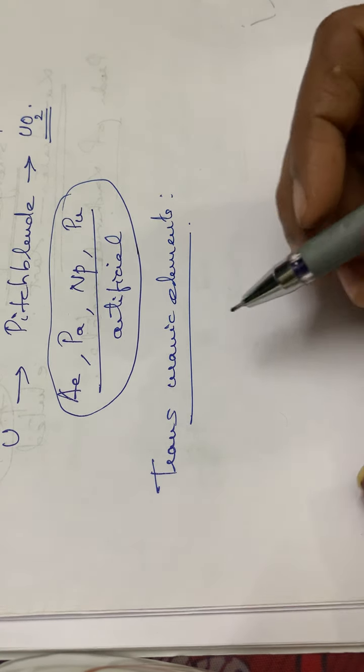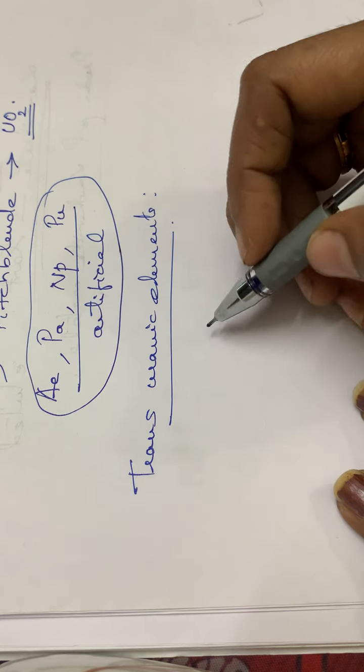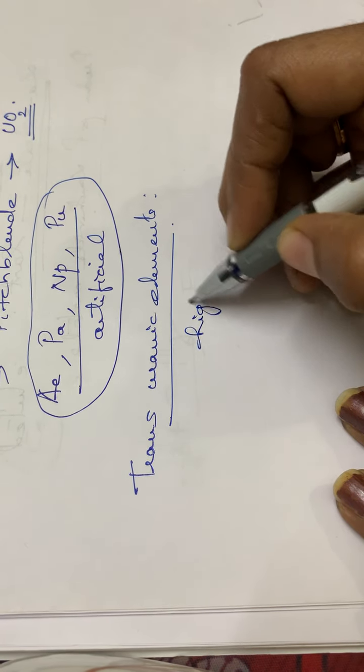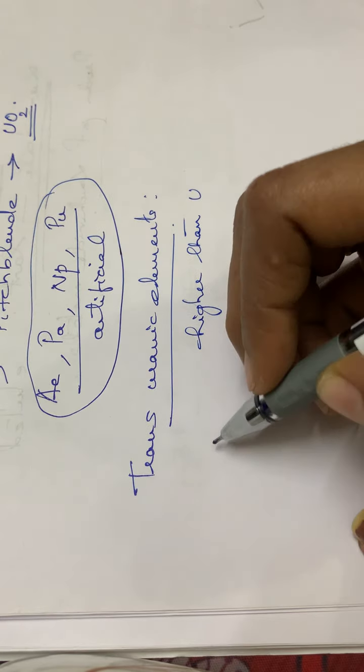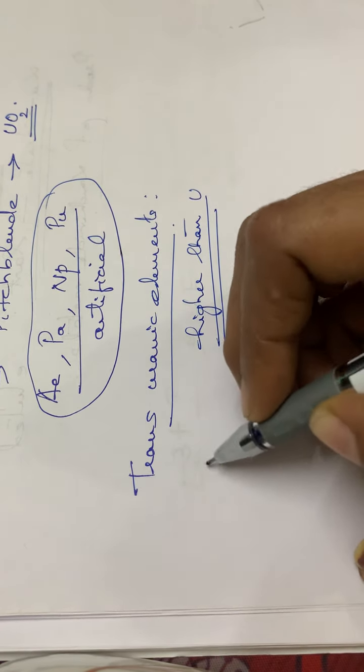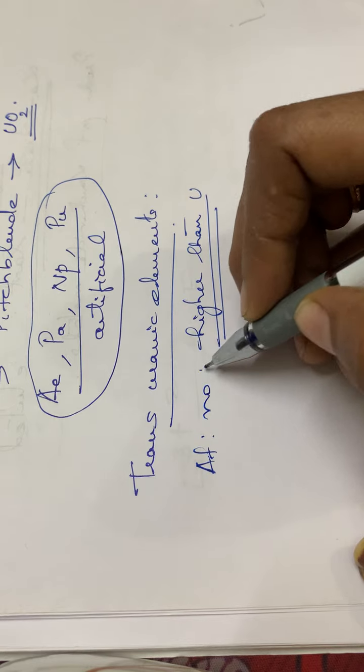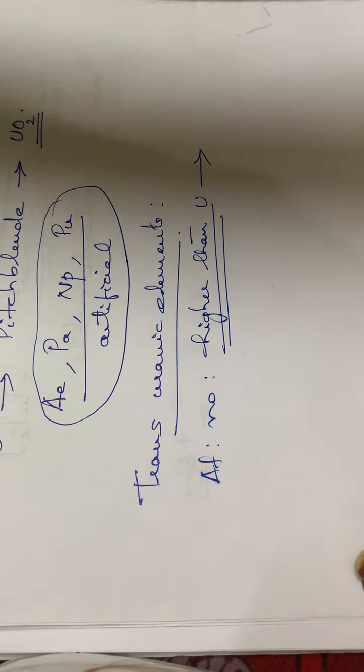See, transuranic elements means elements with atomic number higher than uranium. Elements with atomic number higher than uranium are called the transuranic elements. See here,